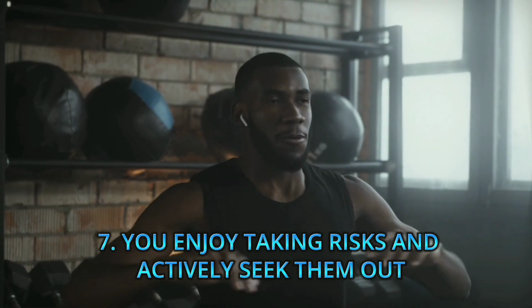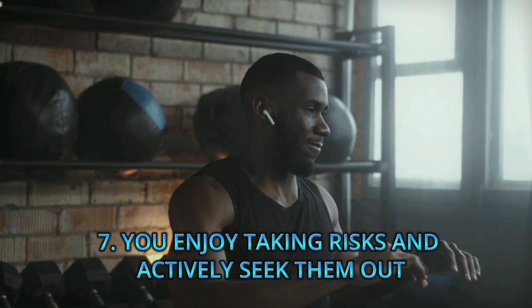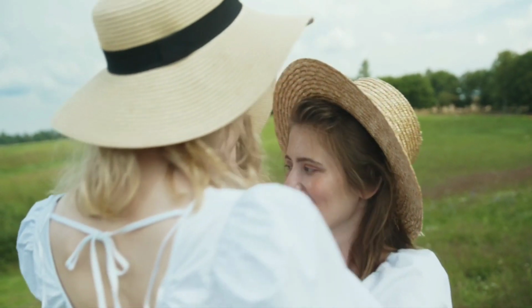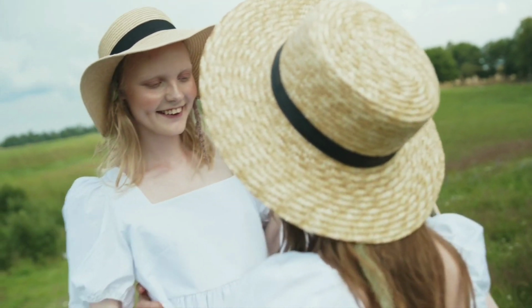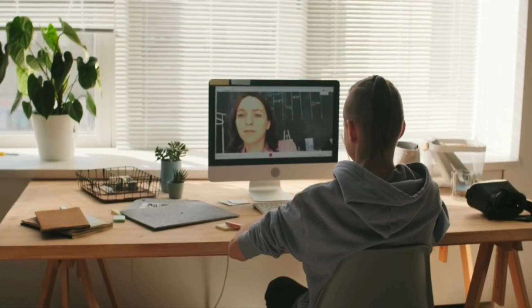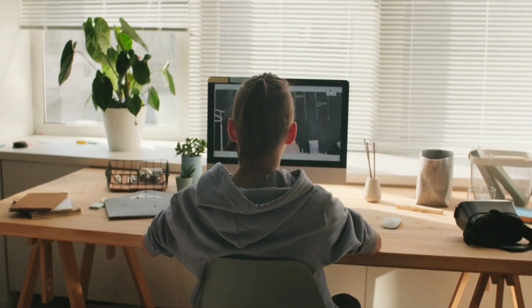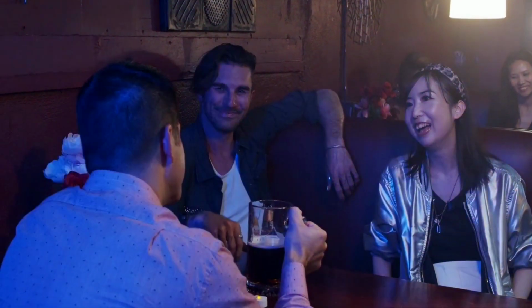7. You enjoy taking risks and actively seek them out. Your desire for the new, the different, and the exciting runs deep, and you're not afraid to take some risks if it means you can learn a new skill or try something thrilling or energizing. For you, life isn't worth living if you always play it safe, since this approach won't bring fresh and diverse experiences. You aren't a reckless person. You do try to plan ahead of time to make sure the hazards are minimized.